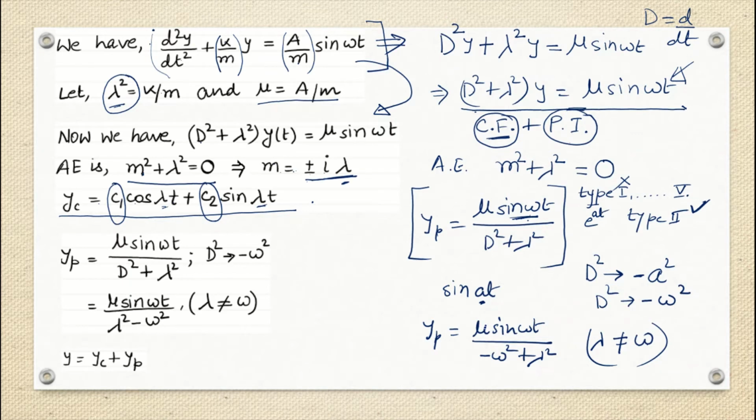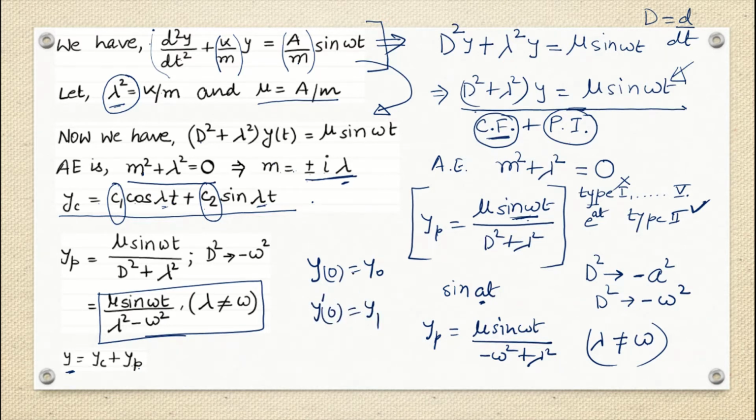So we got what our yp is. If you can see, we also have got the same thing. Fine. So my final answer will be yc plus yp. So yc is present here and yp is present here. But in yc we have two constants c1, c2, whose values we should find. And for that, if you remember, they have given us conditions also, right? They had given that y at time t equals 0 is y naught, and y dash at time t equals 0 was y1. So we will put these values here by putting t equals 0. We'll see how to solve it.